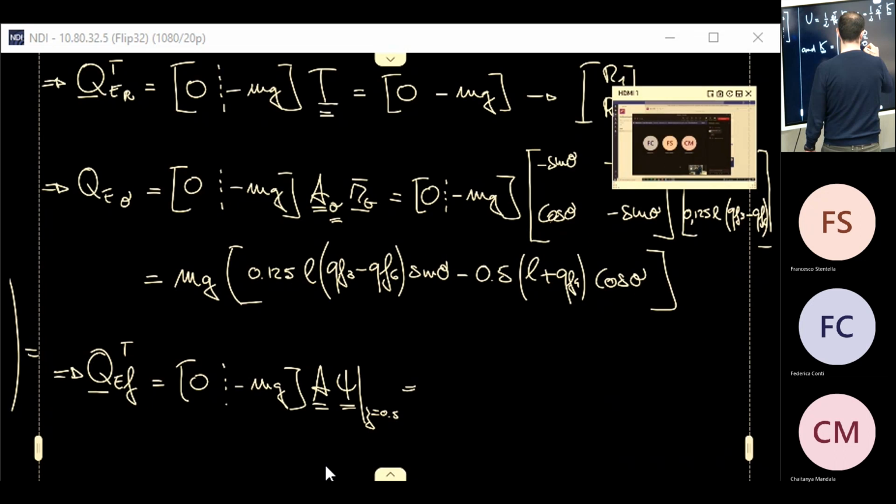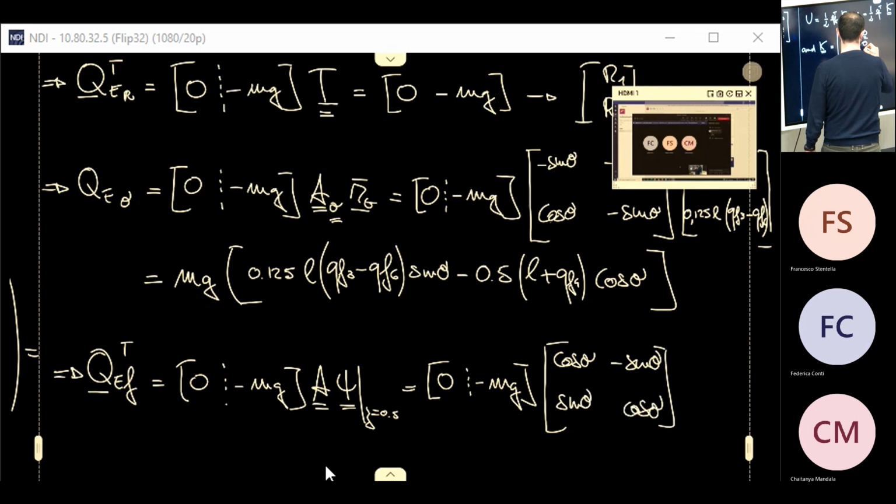And so this is 0 minus mg applied to, this time, cosinus of theta minus sinus of theta, sinus of theta, cosinus of theta,